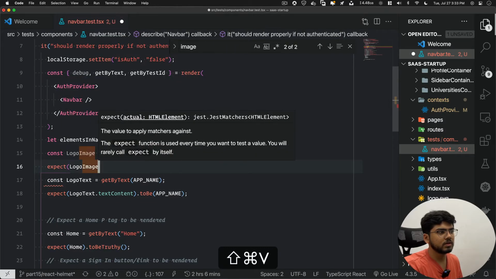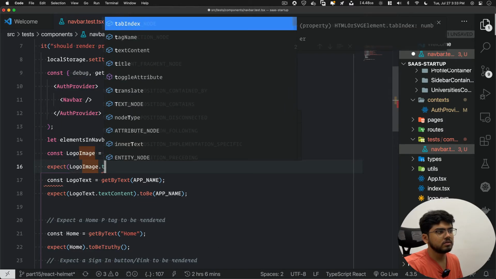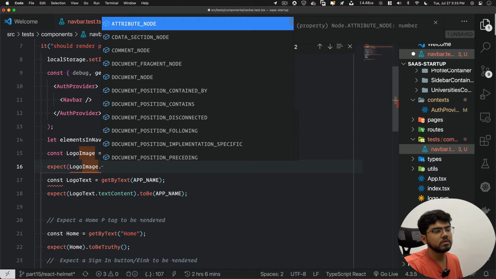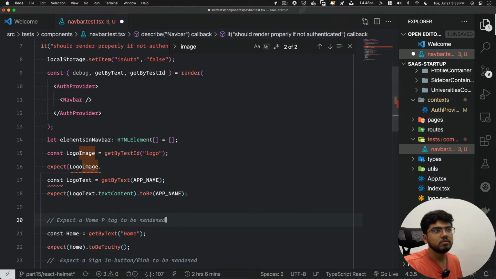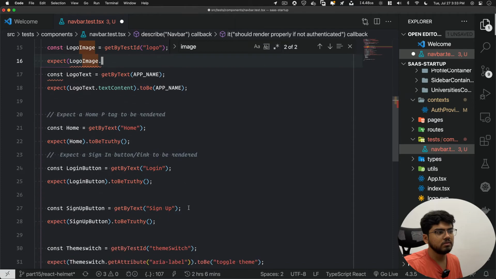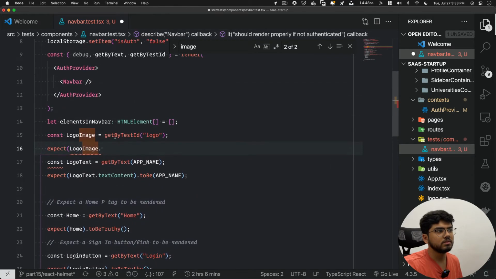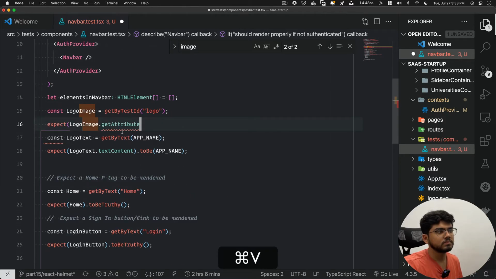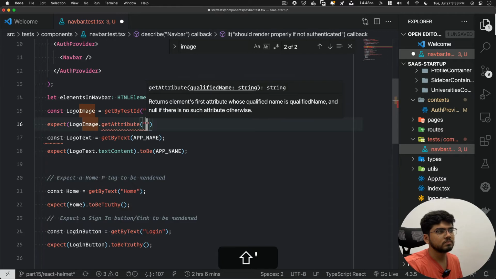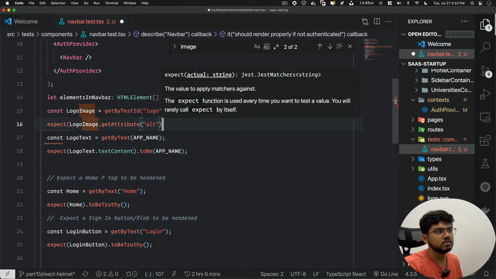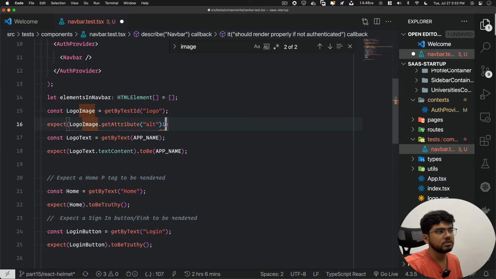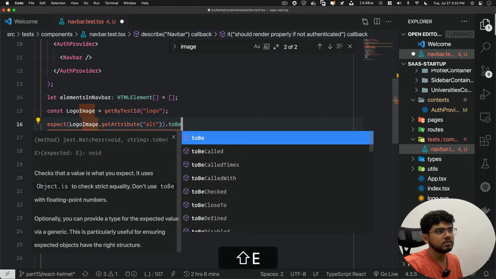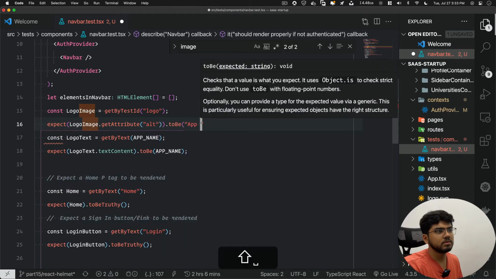Expect logo image dot. Okay, so what we have is, we'll also give it an area label or an alt text. Okay, let's give it an alt text. Alt, and that should be to be logo.